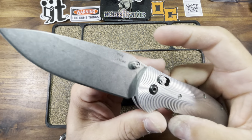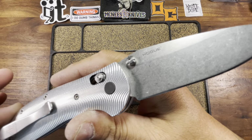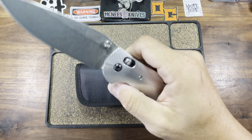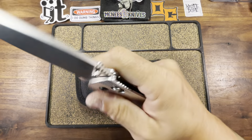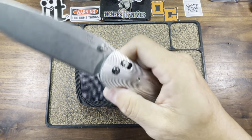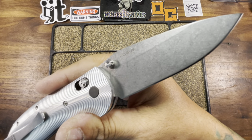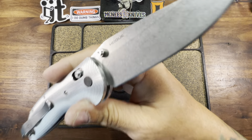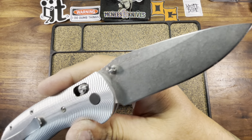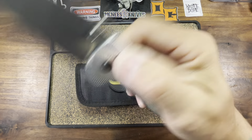Now, if you're not familiar with Mr. Doug Ritter, you better learn. He is the man solely responsible for the knife rights movement. He has made it his life mission to get some of these archaic laws in our country changed. So you got to support him. I do believe that with every purchase of this model, there is a small contribution from each of the knives that goes towards that fight. But beyond that, the knife itself, I really dig it, especially now that it has these